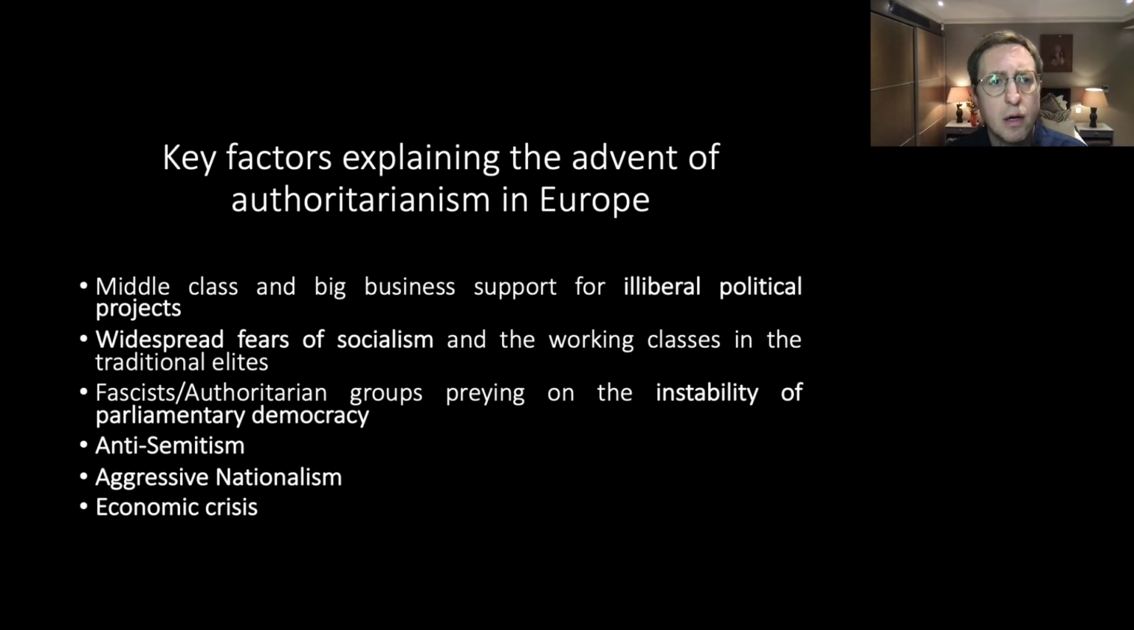And not only, there was a second sort of explanation that speaks about widespread fears of socialism and of the advent of the working classes and the traditional elites. So here we have, for instance, and that might be the case in Portugal or elsewhere, the idea that the traditional elites, usually military elites and political elites, need to curtail the coming of radical politics that will probably align with